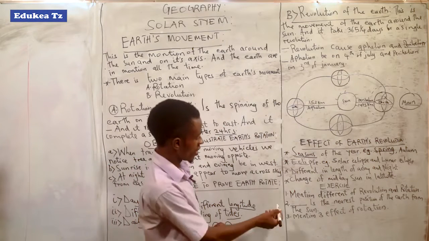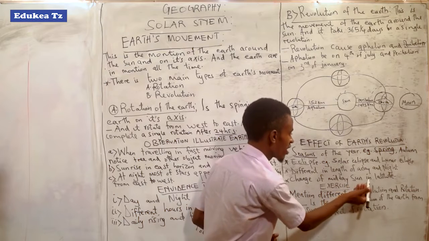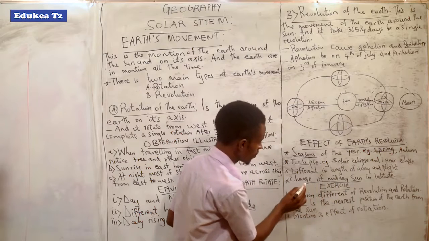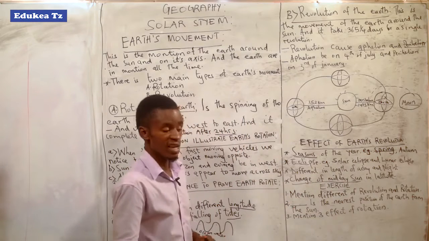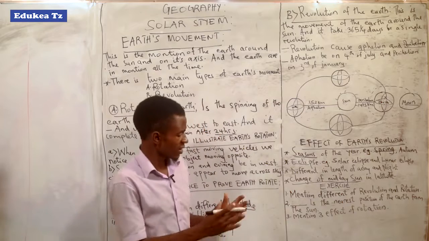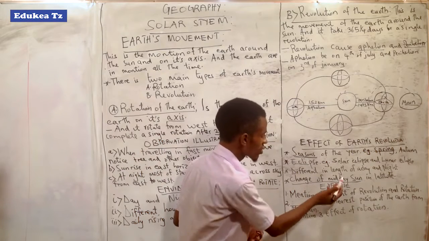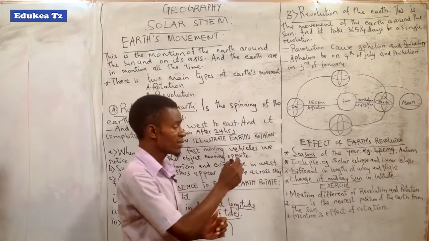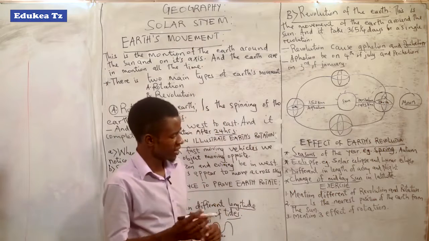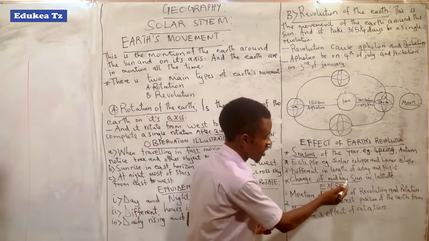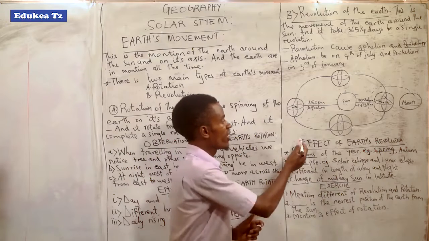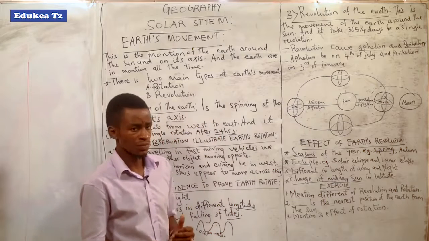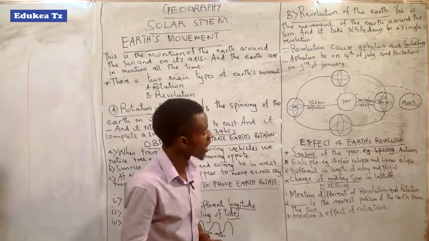The last point is the change of the midday sun in latitude. When we talk about midday, we talk about the position of the sun during a day. This is quite different. There is a time the sun's position is straight at the center, but at other times you see it in the east, and at other times in the west. That different position of the sun in latitude shows that the Earth is revolving around the sun. Okay, let's proceed to another part.